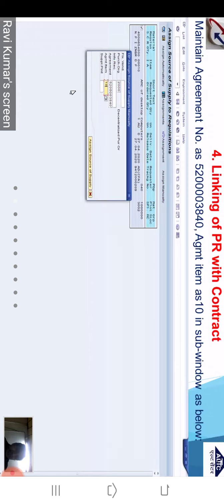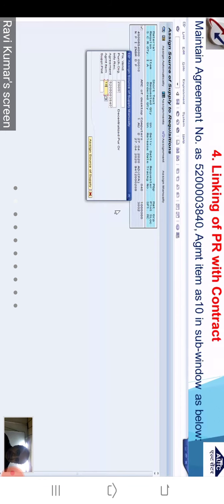You can see over here, maintain the agreement number, that is the APU number, in this line, and agreement item number 10. Thereafter, within this small subwindow, I have to click on assign source of supply, and you can see a green line appearing over here. Earlier it was not appearing. You can see.